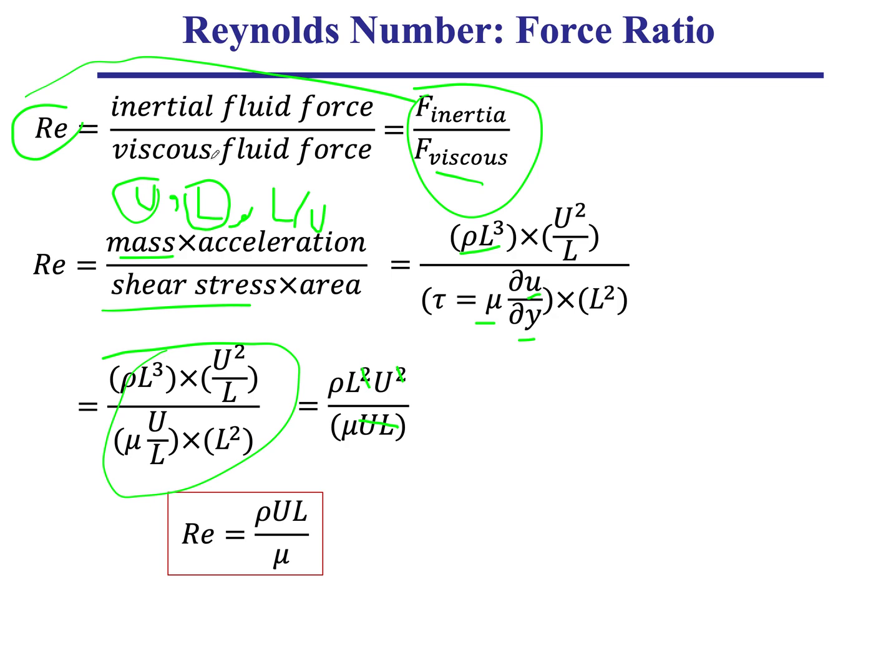When the Reynolds number is 0, the viscous forces are very large compared to inertia. So inertia becomes negligible, and that's what we saw in the previous lecture. When you go to an infinite Reynolds number, the viscous forces are negligible, and inertia is the dominant force in